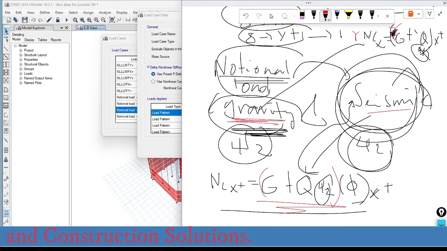So every load pattern has to be multiplied with the combination factor, that is the partial safety factor, 1.5 here, 1.35 here, and 1.5 here. But in this case, we should not use 1.35 and 1.5 as a combination factor,